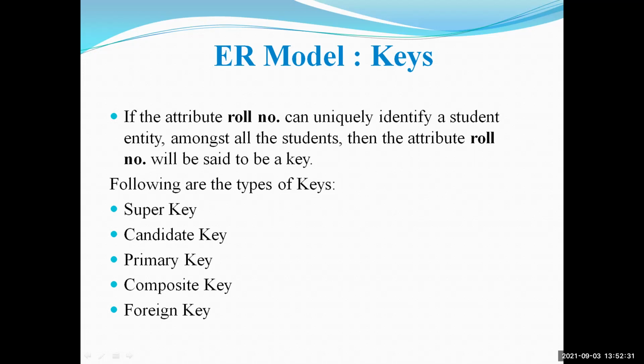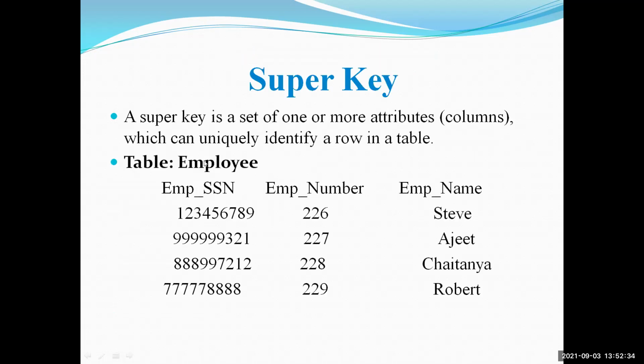Now, two things we will discuss: super key and candidate key. So what is a super key and candidate key? Your super key is, for example, in a table, if there is more than one uniquely identifying key, then it is known as your super key. For example, employee SSN and employee number, both are required to understand the employee. ठीक है, तो यहाँ पे क्या हो गया students, there are two primary keys, so this set will be known as your super key. Like for example, इसका और एक better example we can put in that last week we have collected one data in which of the third semester,